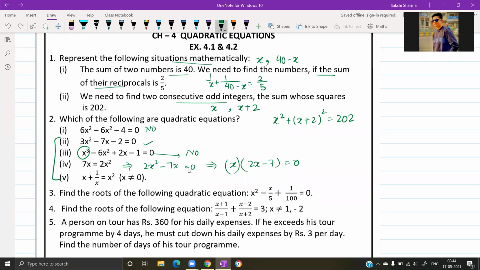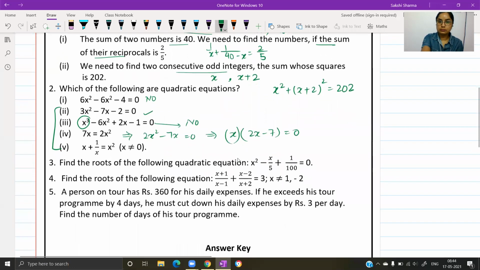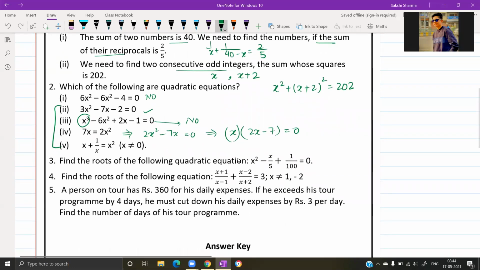Yes, ma'am. बेटा, question number 2 का जो last part है हमारे पास, is it a quadratic equation? Ma'am, no. Can you tell us the reason why? Ma'am, because x is not equals to 0. ये x not equal to 0 की importance सिर्फ इतनी है कि x denominator में है. Yes, ma'am. The denominator of a rational number cannot be 0.